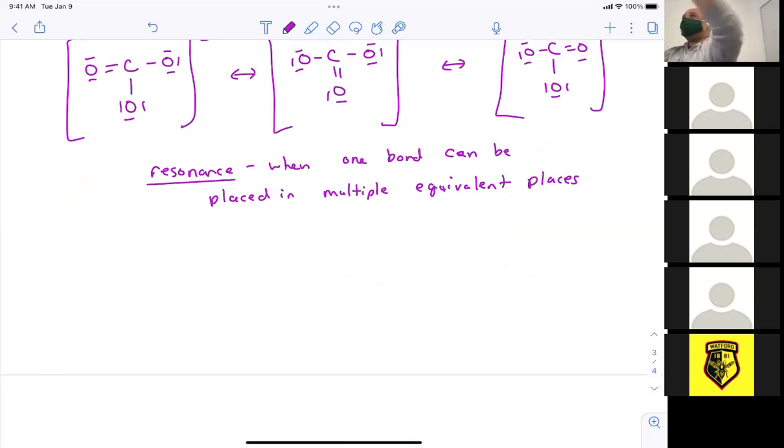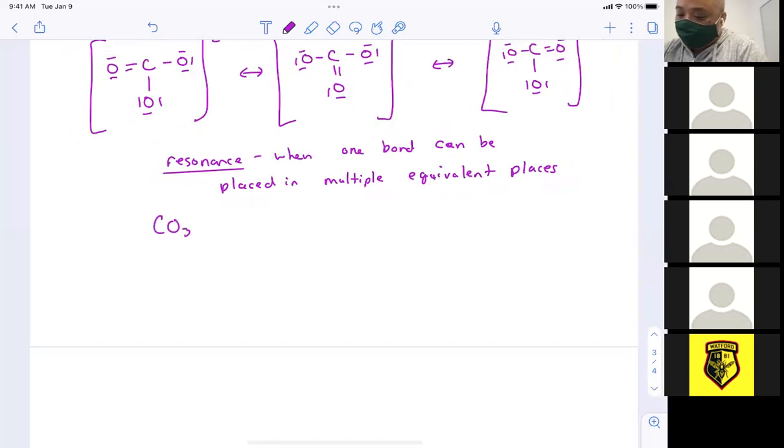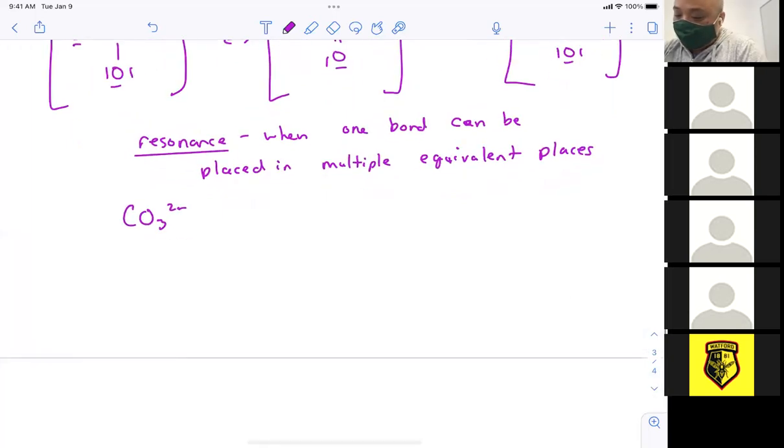So what you need to understand about resonance is because the electrons are delocalized and moving around, they're not the equivalent of one full bond. So when you compare CO3 2 minus to CO2,